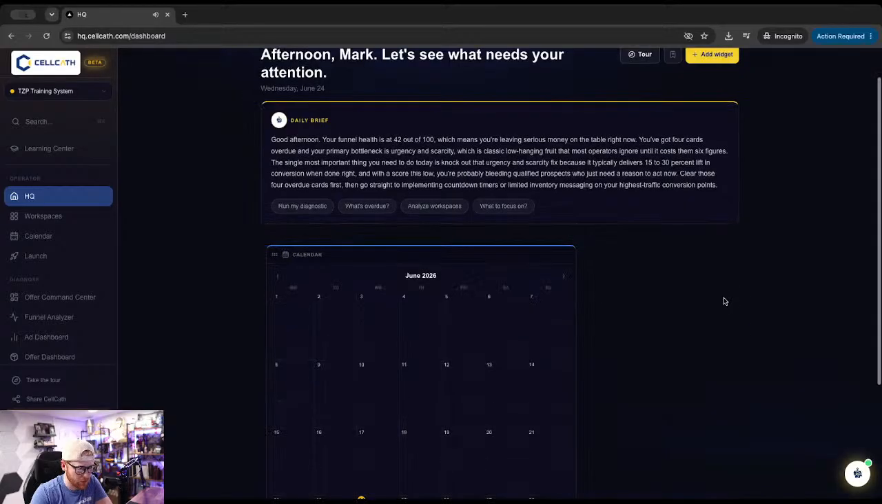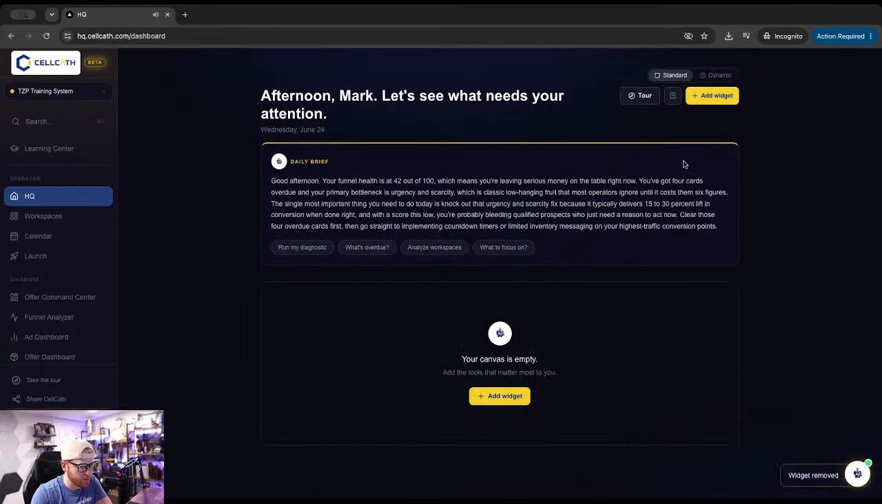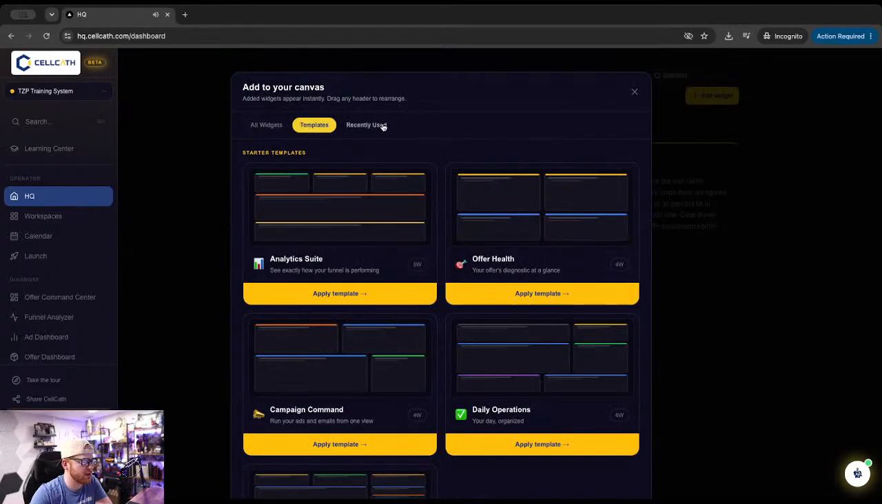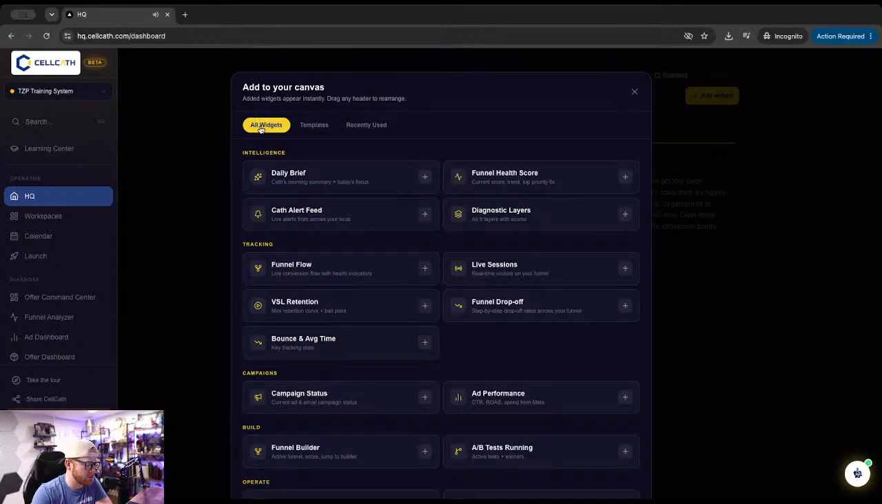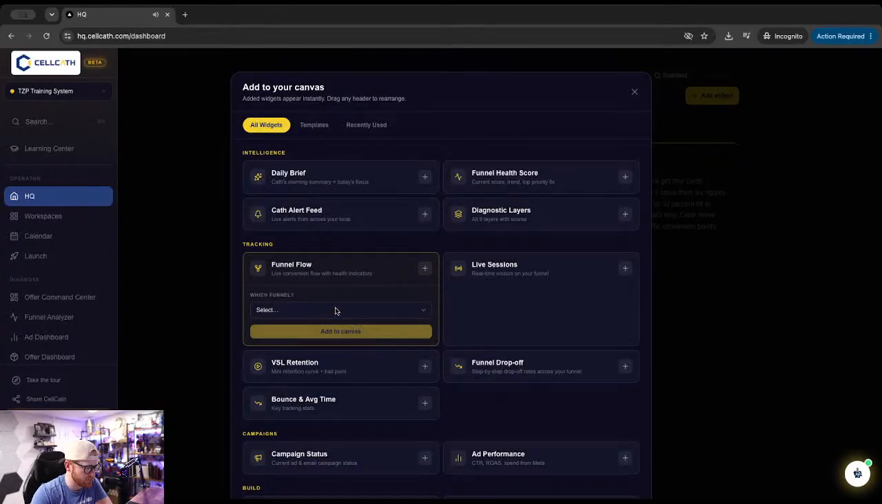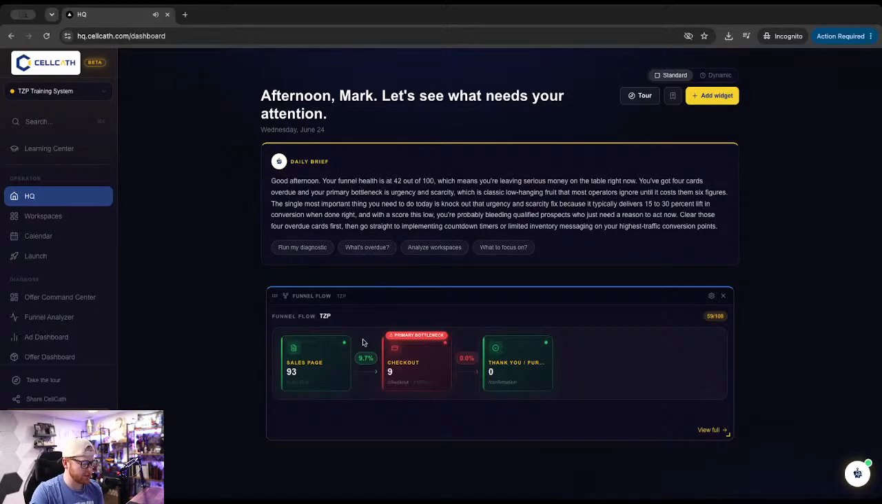Because Claude Code's going to be working for a little bit here. All right, so add a widget. We have templates here that you can add. Recently used. All right, so funnel flow, and I can select. Right now I just have that one funnel, TZP, but you can have unlimited funnels that you're tracking and sort between and swap between for any offer. We'll choose that TZP one, add it to the canvas,